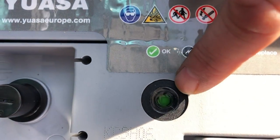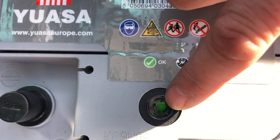Romita, actually, I believe is the correct pronunciation. And it's just a float in a